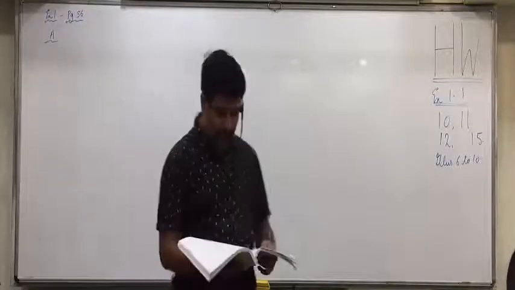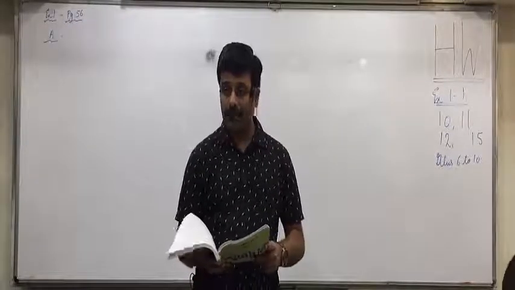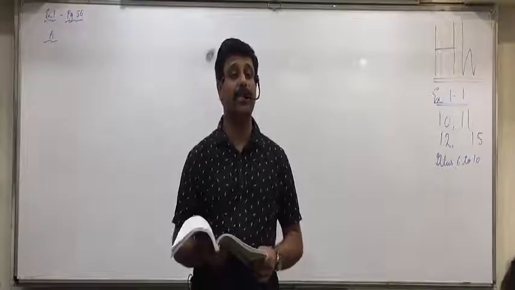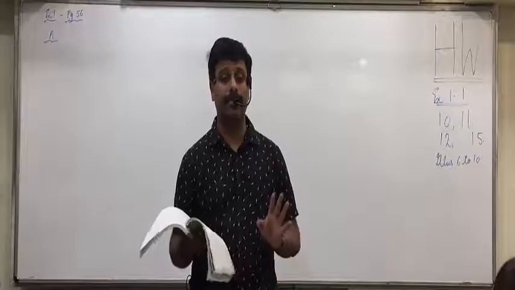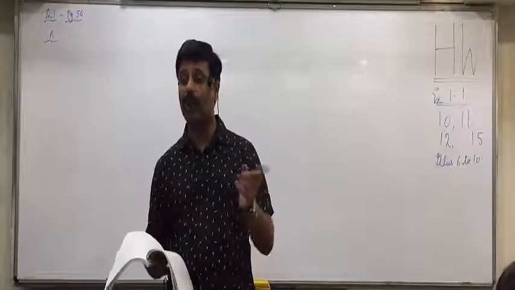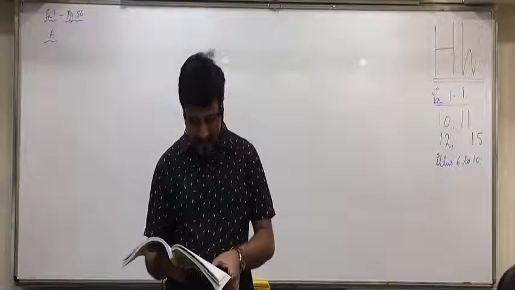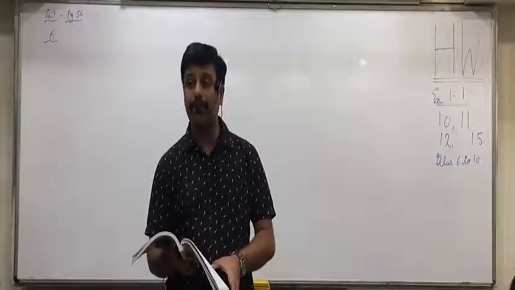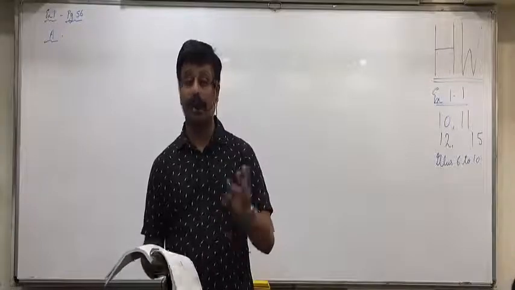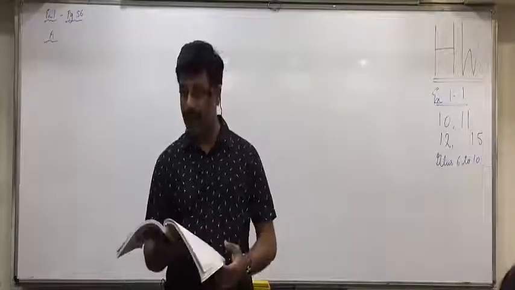Which of the following options is true for any event of the sample space? Now, let us analyze all. First, P(A) less than 0 means negative. It is not possible. Probability is always between 0 and 1. It cannot be negative and it cannot be more than 1. So this one is not. Second, 0 is less than P(A) and P(A) is more than 1. No. In 'more than' also there should be the sign of less than. Then it is correct.